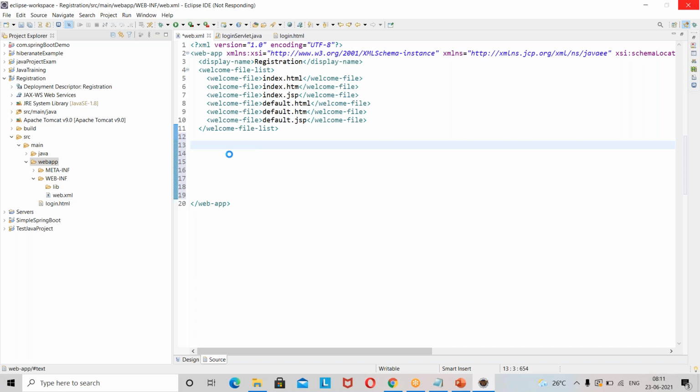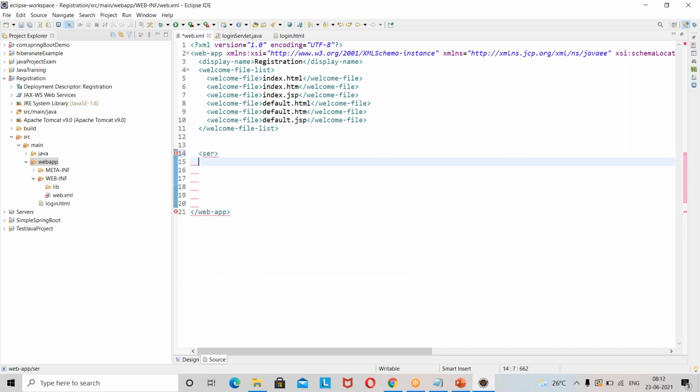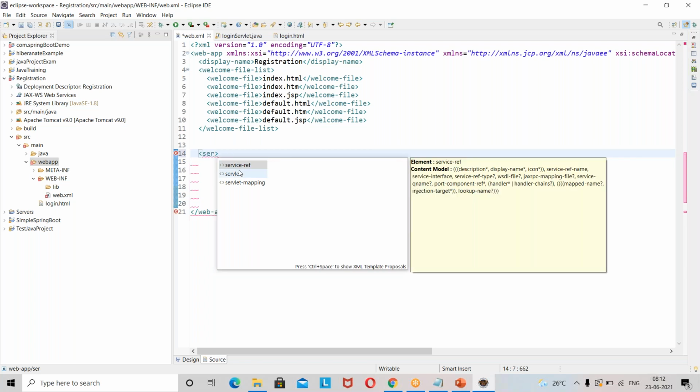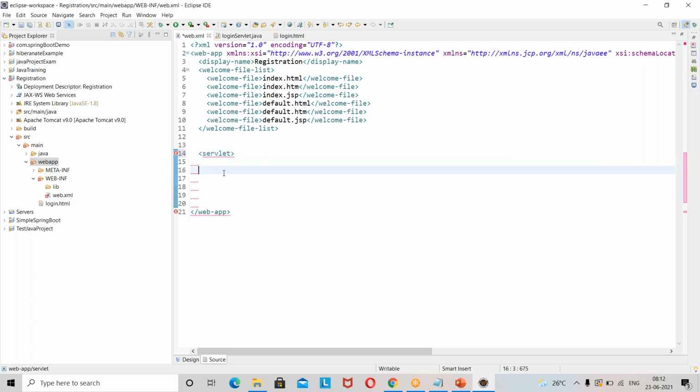You'll have two tags, one is servlet and one more is servlet mapping. In this servlet, you define the servlet name and servlet class.